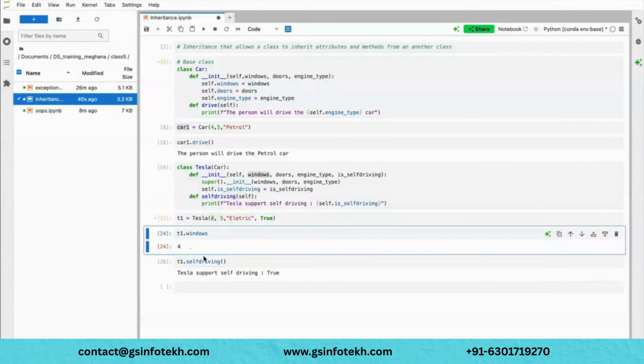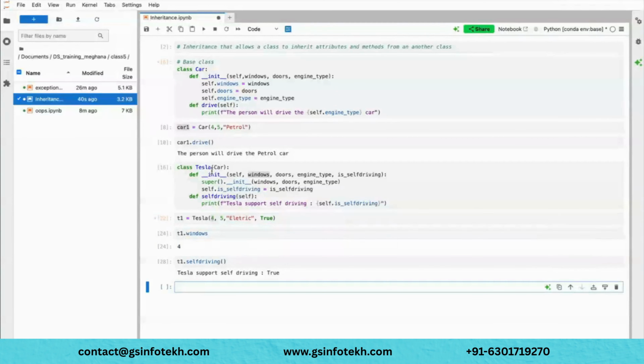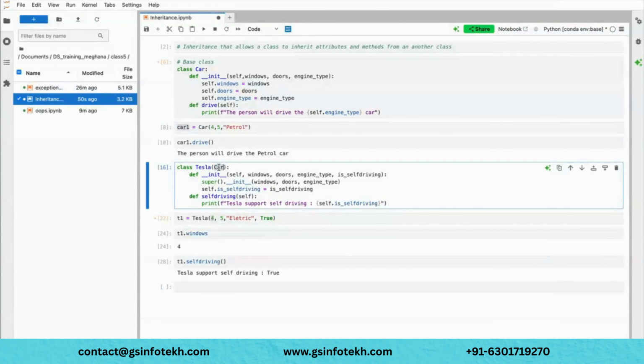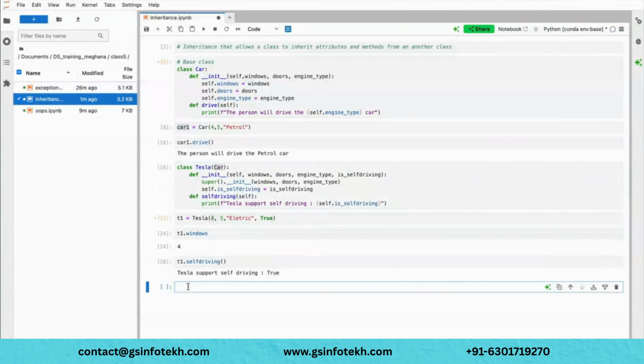Yeah. Now this is the only way of doing it, where you are inheriting only one class. Let's say you have a situation where you want to inherit multiple classes. How do you do that? Maybe let me create another example. Multiple inheritance. The basic definition is when a class inherits more than one base class.